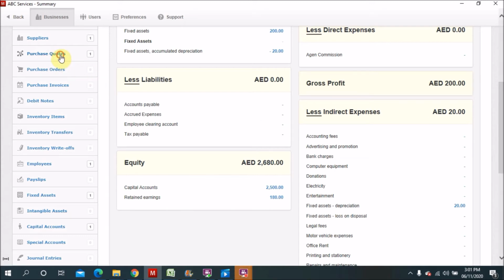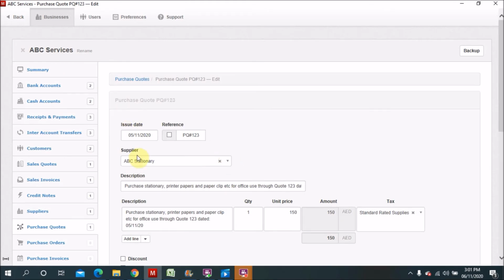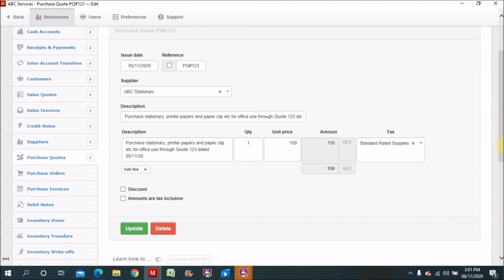So first we will go to the purchase code, and I already prepared one code as a sample, so I will show you that one. This is the code. When we receive the code, we will mention the same thing on our system, and then we will proceed from that one. Sometimes companies do not prepare the code because it's a double of work. We receive the code, finalize, take the approval, and then go directly to the purchase order, and then next invoice. So I'm just giving you an idea of how to do these three things.